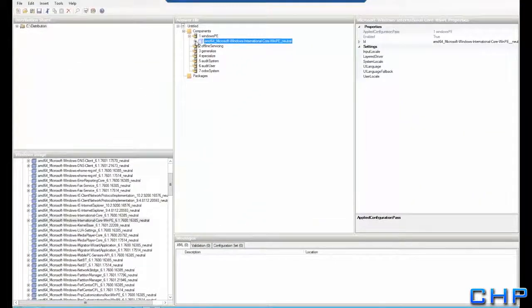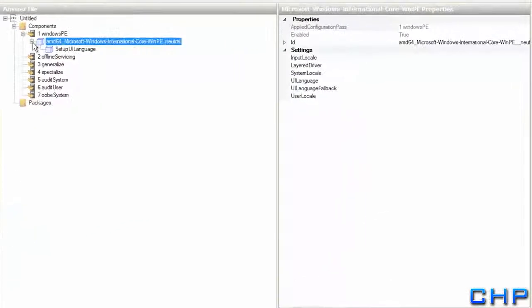With this first image, this is just simply for Windows deployment services. So what we're going to be doing is simply configuring the locale settings as well as the disk configuration. We're going to be doing the specialized pass and the Windows out-of-box experience passes in a second answer file later on. So I'm going to start by highlighting the Windows International Core WinPE neutral, and we're going to set our